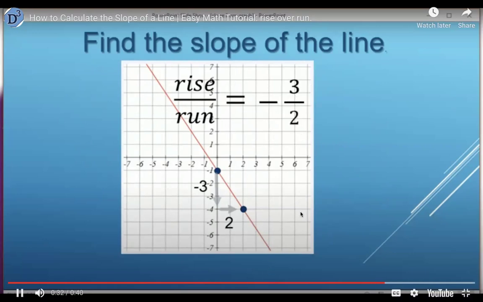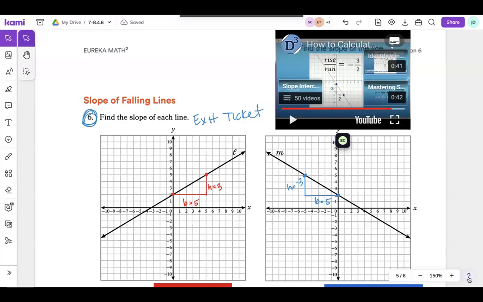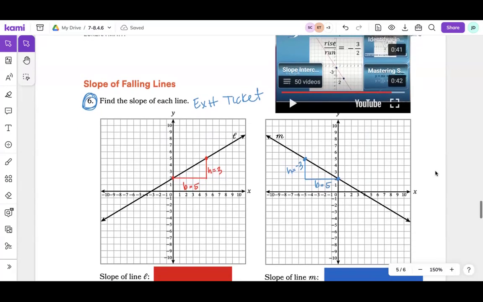That's going to be a negative 3/2. So the point here being that when you have a falling line, your slope will be negative. All right, so now that we know that a falling line, so a line going to the right and going down, has a negative slope, we're going to figure out what the slope of our 2 lines for number 6